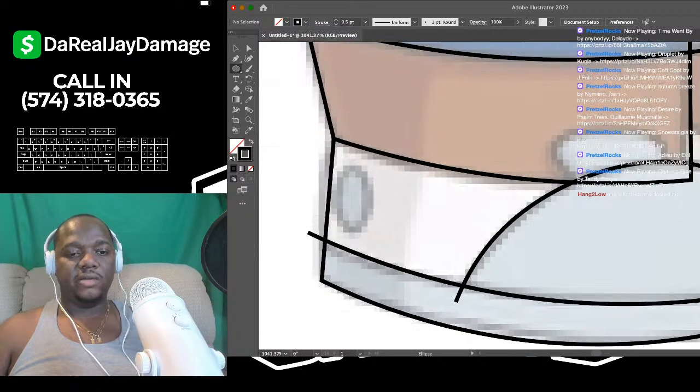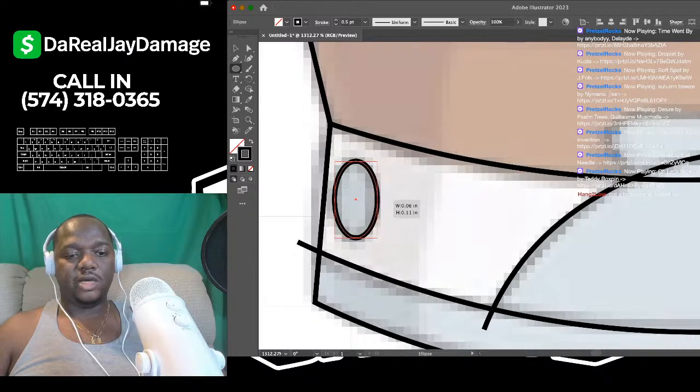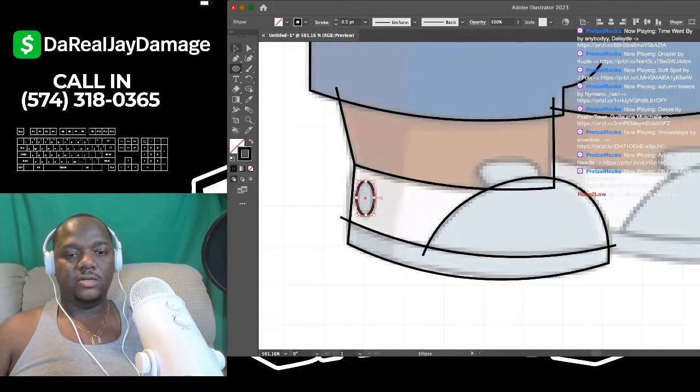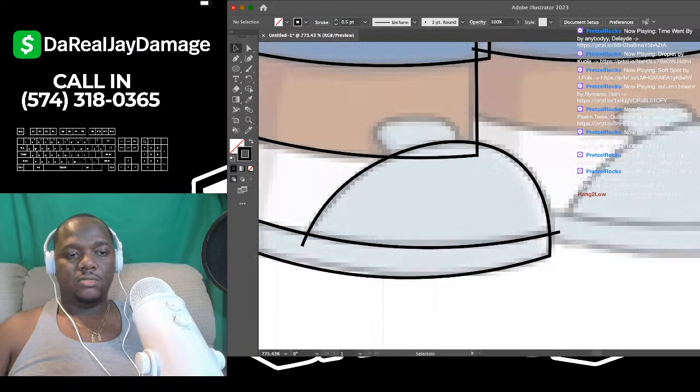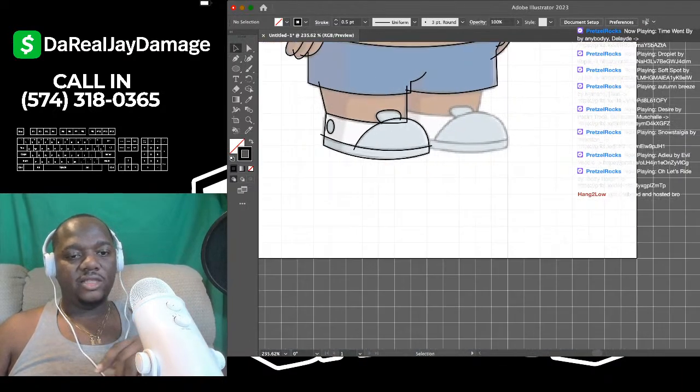Just right click the shape tool, click ellipse, drag that circle out, and then adjust it however you want. Right there, you see the tongue on the shoe. Just grab that curvature tool, come right around. Boom, boom, boom, just like that. Make whatever adjustments you got to make with your curvature tool. And boom, that's simple.